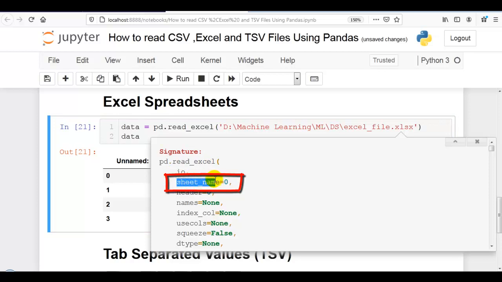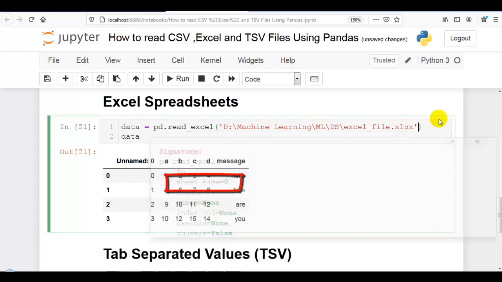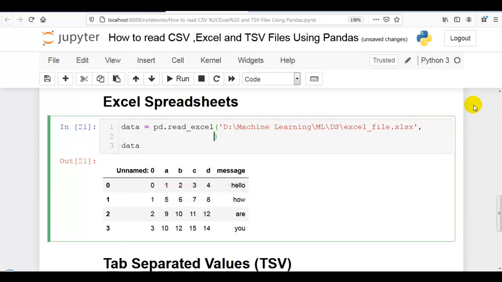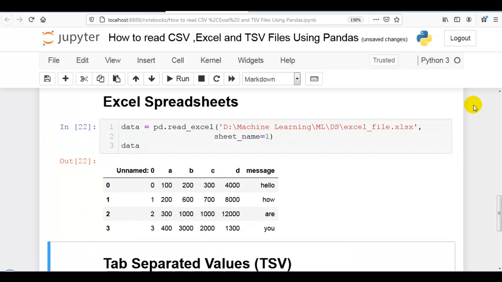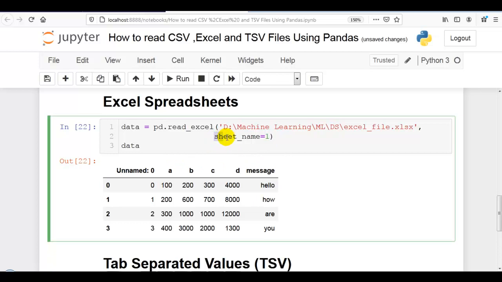Here you can see sheet_name, which we have to provide to the read_excel function. It starts with 0, so here we have to give 1. Now you can see our sheet 2 data is successfully printed over here. So you can use the sheet_name parameter to read data from different sheets of Excel.